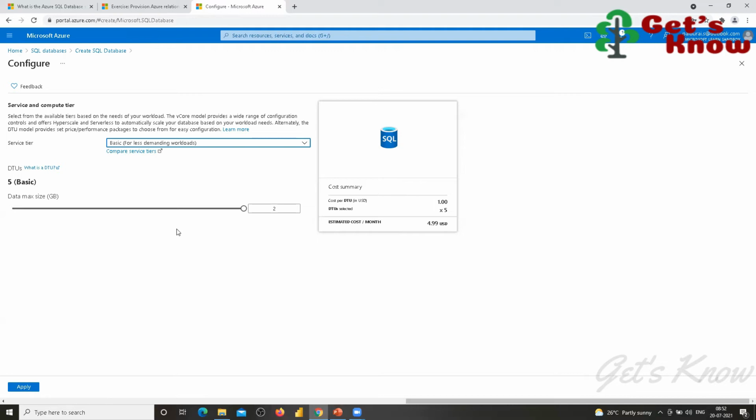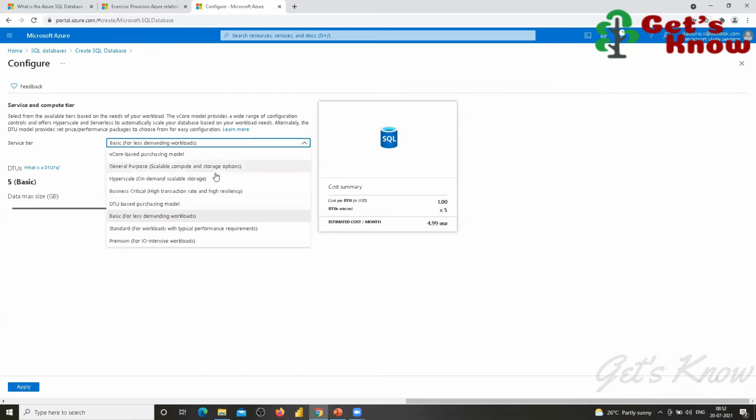If you don't have that much data processing, only normal transaction processing, we can use this basic database because it has memory up to 2 GB. We can save up to 2 GB of data maximum. As for the speed, the default 5 DTU speed, the common speed, will be there.